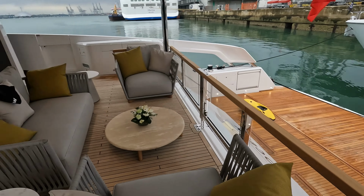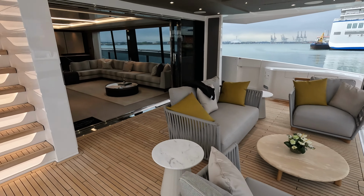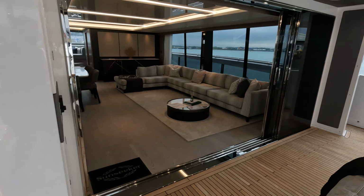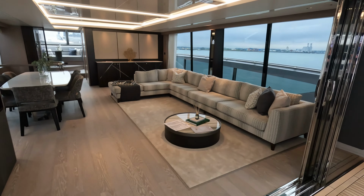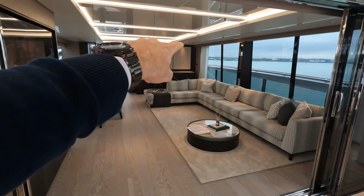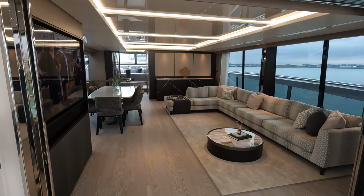Obviously most of these boats are kept somewhere warm and sunny, and as such the stern-to mooring is a little bit common to see. Right, we can see the doors now stacked back here on the starboard side and how this opens the boat up. So this is a particularly different one to the one we did in Cannes,